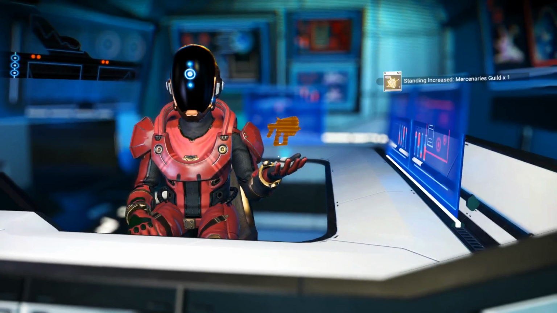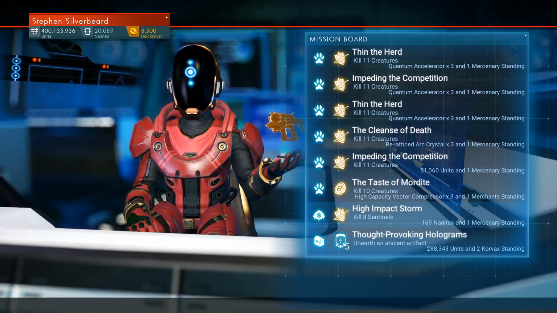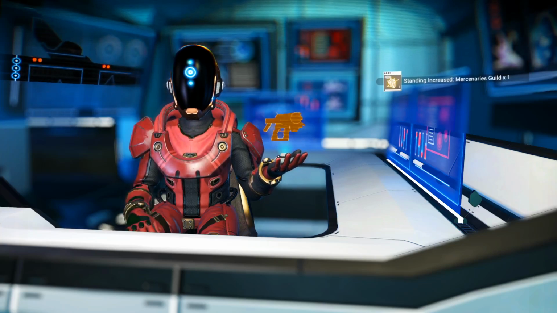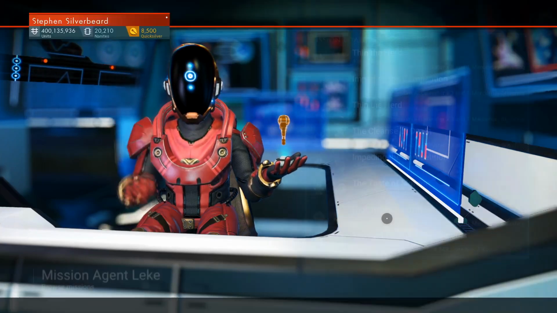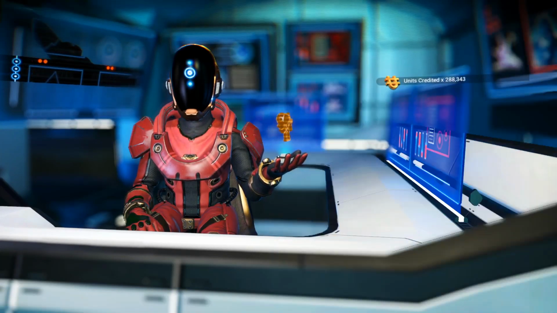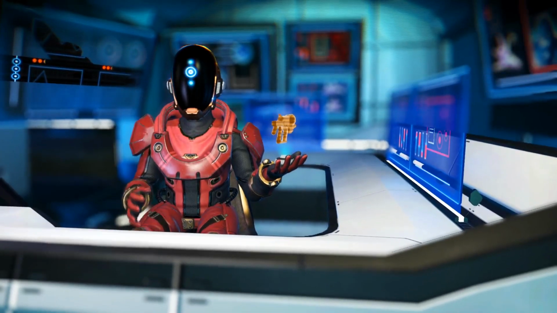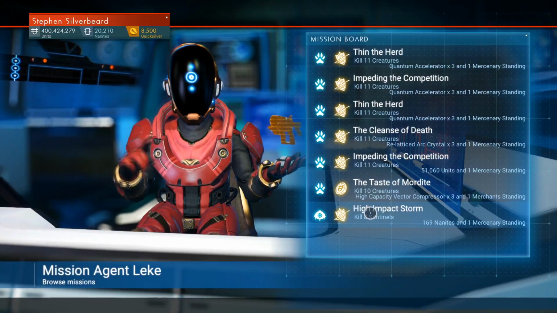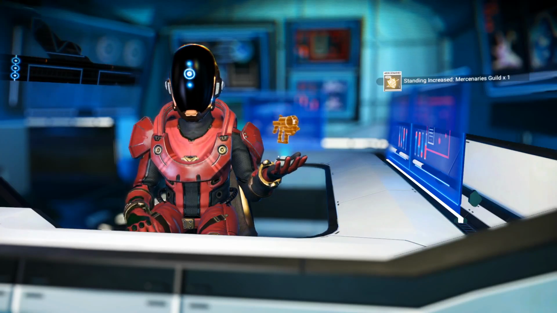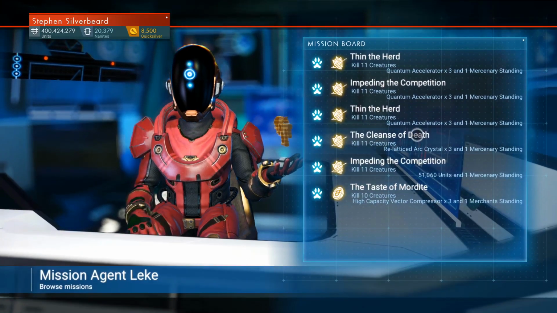So we've got another 52,000. Just keep picking out the... There's 167 nanites there. Okay, that's the mission that we actually went out on. That's that done. Standing with the Corvax has increased. Again, another reason for doing these missions is that you can shoot up freighters and do all sorts of stuff, and all you've got to do is just keep doing these missions, and you just keep getting back your...